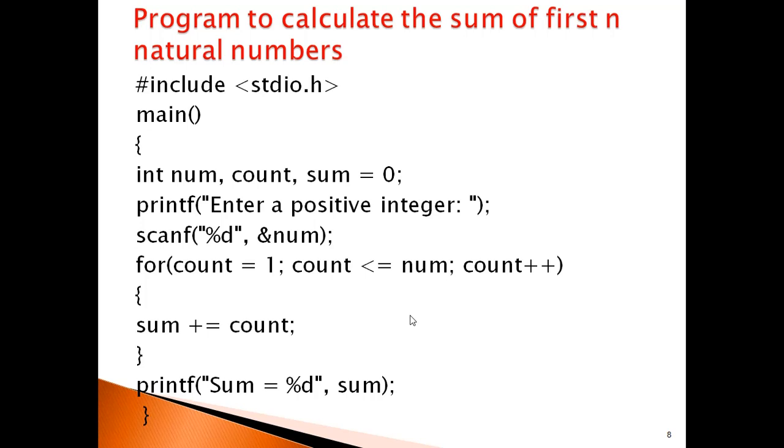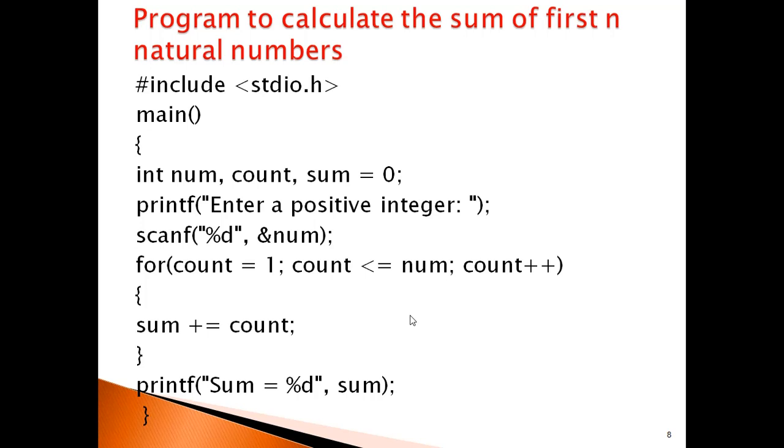That's why the condition is count less than or equal to num. The loop is executed up to the number entered by the user. The count starts from 1, so the first time the counting variable is 1.